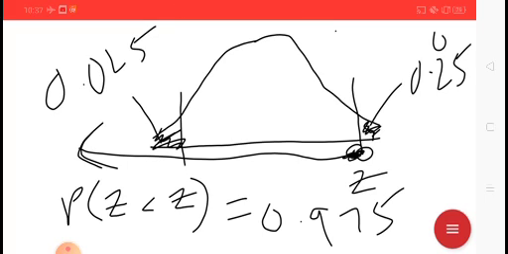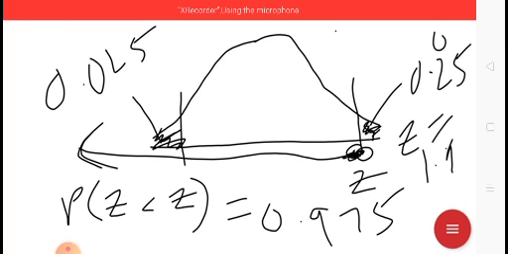Okay, so this thing you have to understand first. Once you get the probability 0.975, if we go to the table, refer to the critical value table first, the below one, and find the P of 0.975, you will get z equal to 1.96. Do you see that? Right? So you'll get z equal to 1.96 from the table.